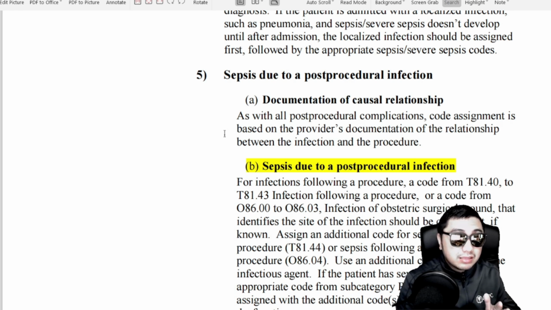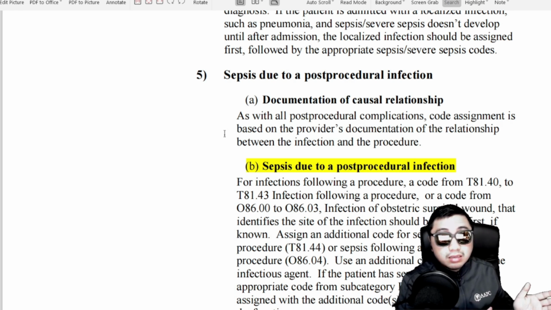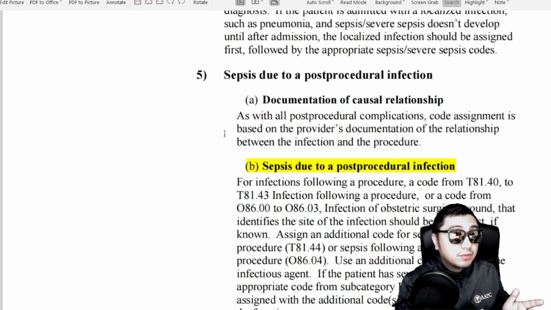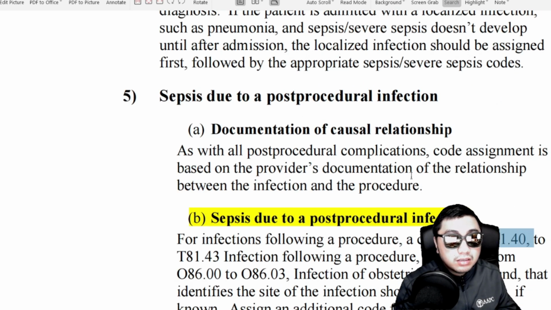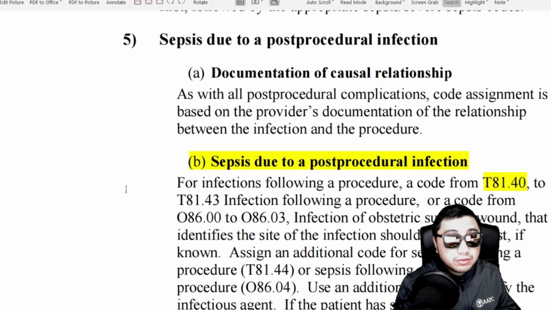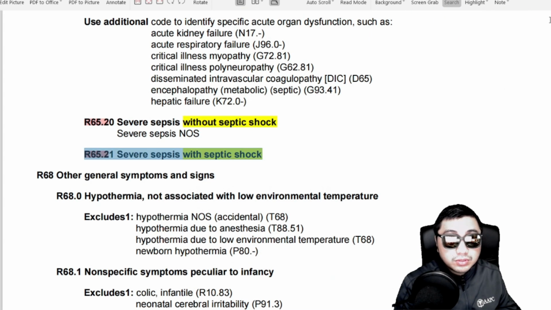Again, there are lots of confusions around this post-procedural infection. If the sepsis happened after a procedure was done for the patient, you have to check it from the medical record, okay? And then you have to check the code sets from your T81.40 to T81.43, okay? So if you will check those codes right now,